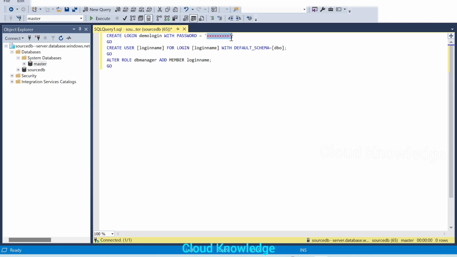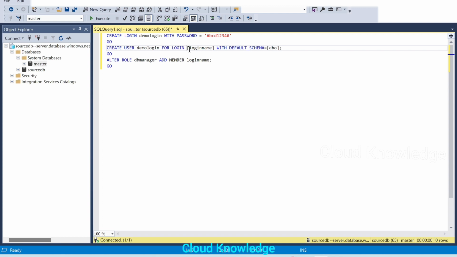Here we'll give the password openly because it's just for demo purposes, keeping in mind it should have uppercase, lowercase, 8 character length and a special character. So let's make it ABCD1234#. Then create user login name. The login name which we have given here, we'll simply copy and paste.